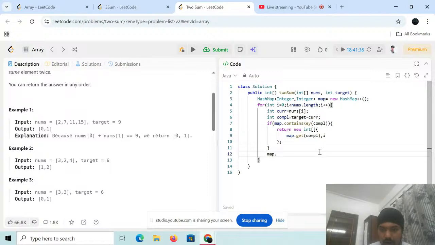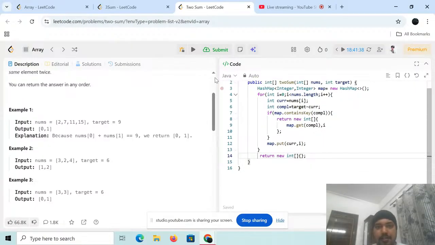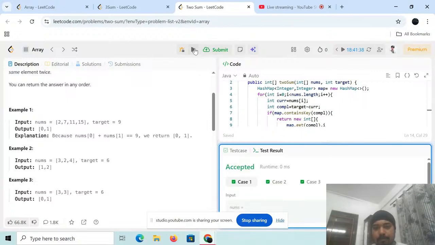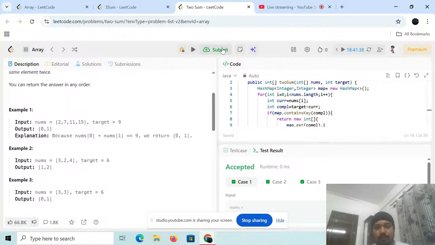Map dot put, the current value and those indexes, and then I'll return new. Let's see. Yeah, so